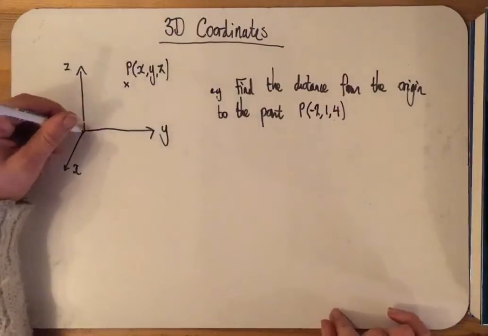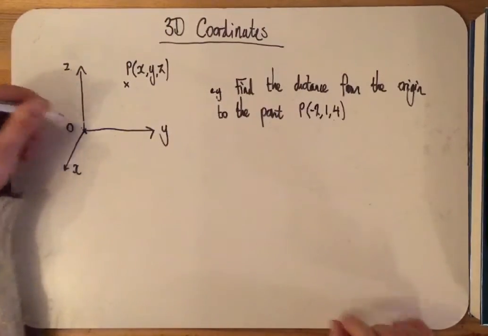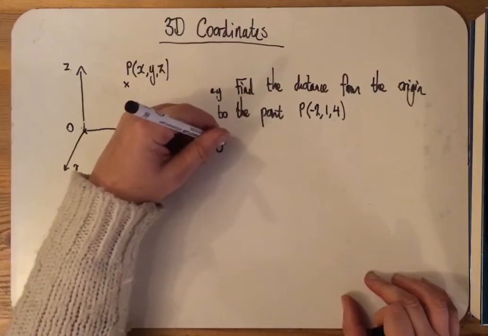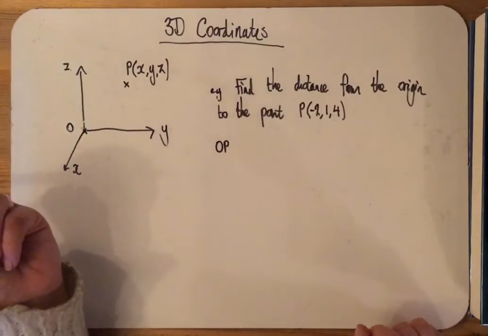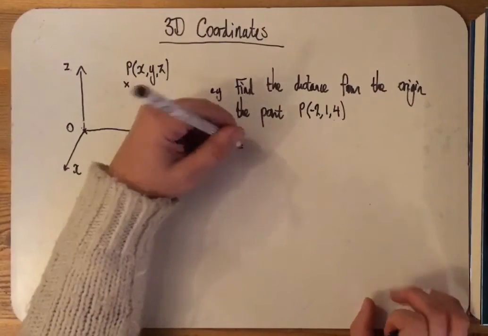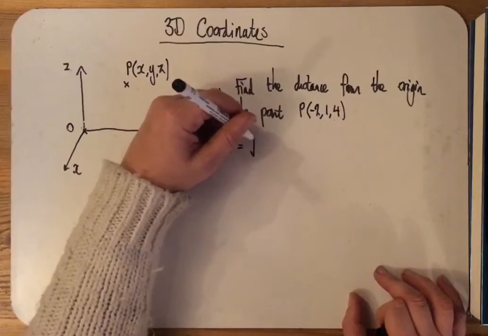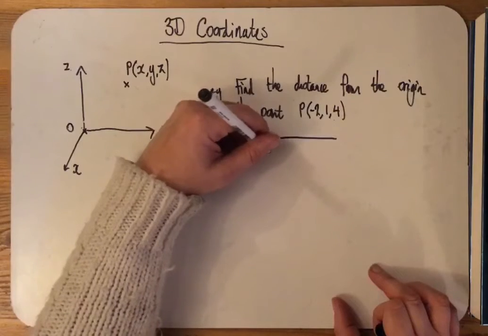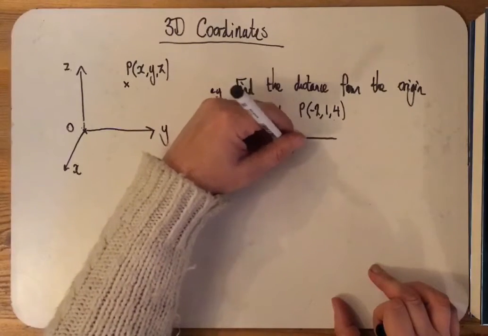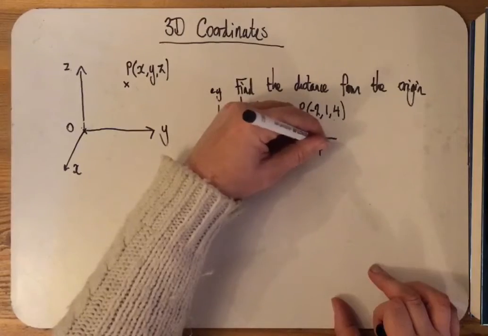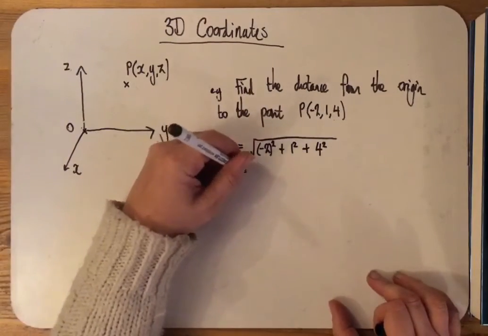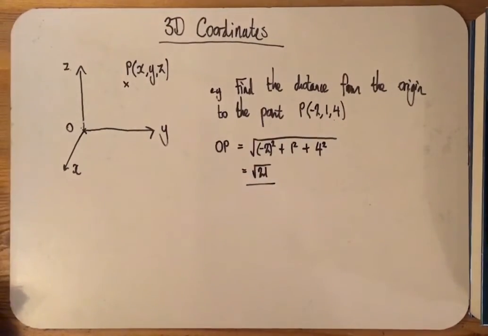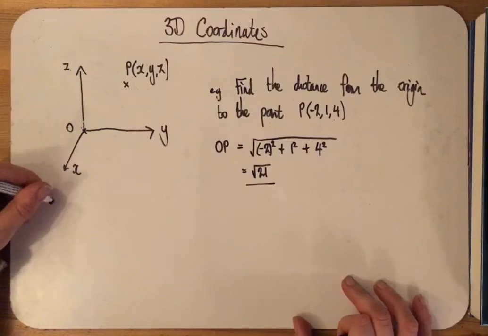Origin we tend to denote with capital O, and so we want the distance from the origin to P, so OP. And Pythagoras extends into 3 dimensions. So it's just the square root of minus 2 squared plus 1 squared plus 4 squared, which gives you square root of 21. So it's just extending Pythagoras into 3D. If you want to find the distance between 2 points,